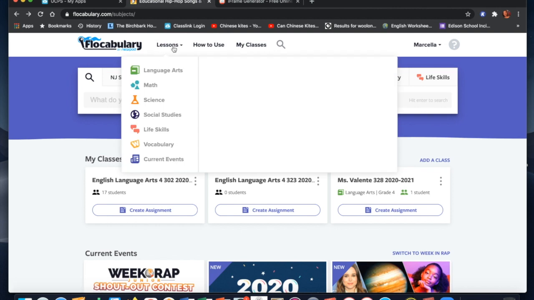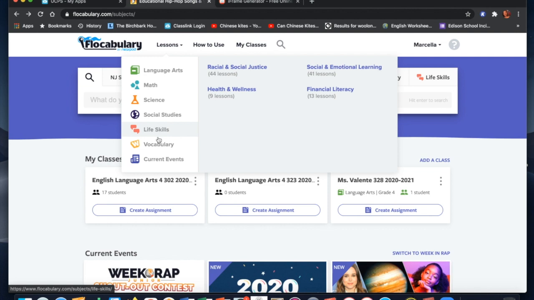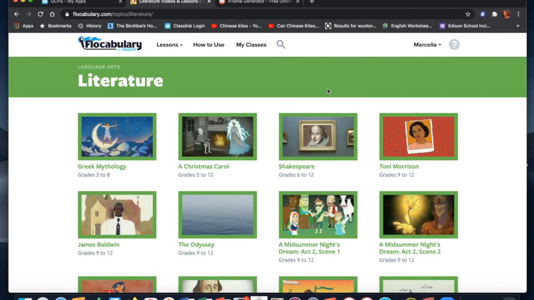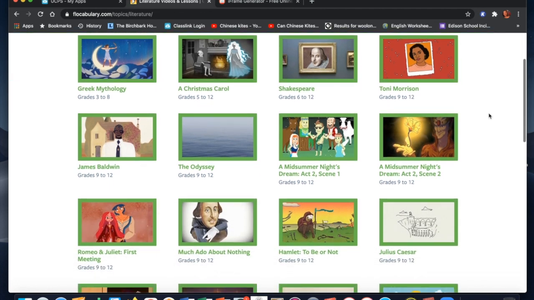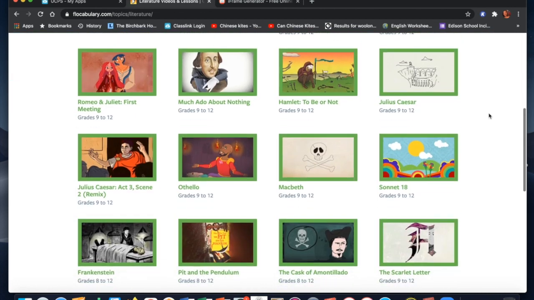So to the left of that are lessons. Again, these are specific lessons that are Flocabulary created, where you get to choose by subject area. So if you're language arts, clicking or hovering your mouse over that subject area and then moving your mouse over to the right, you can click here and find some specific lessons under that topic. So I just clicked on literature, and then you'll see there are different